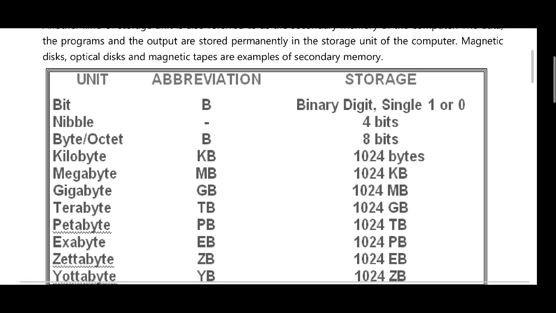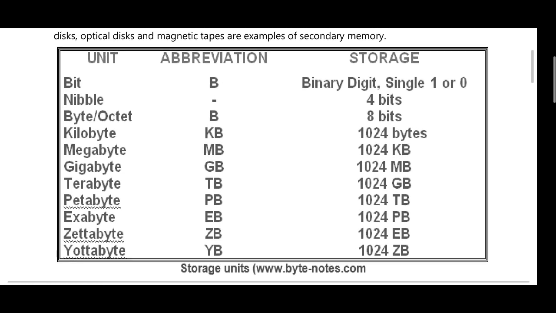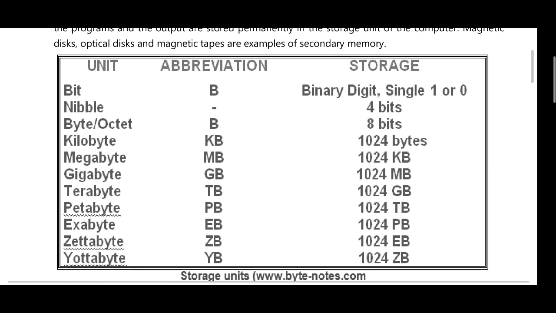Bit, abbreviation b, stands for binary digit, a single zero or one, 0 or 1. Nibble is 4 bits, byte is 8 bits, KB is 1024 bytes, megabyte MB is 1024 KB, gigabyte GB is 1024 MB,